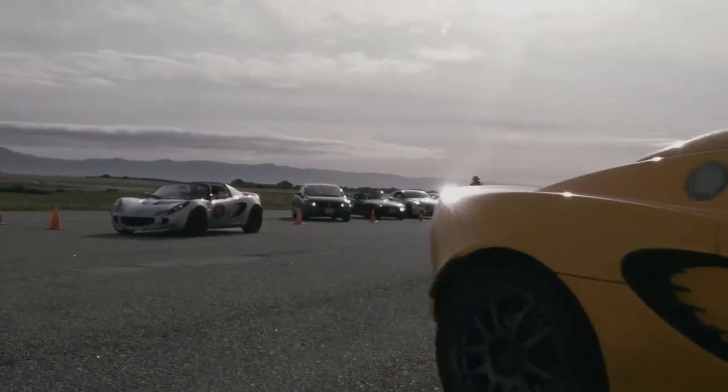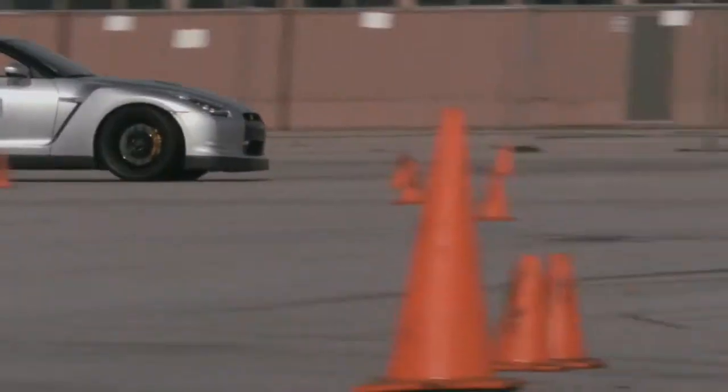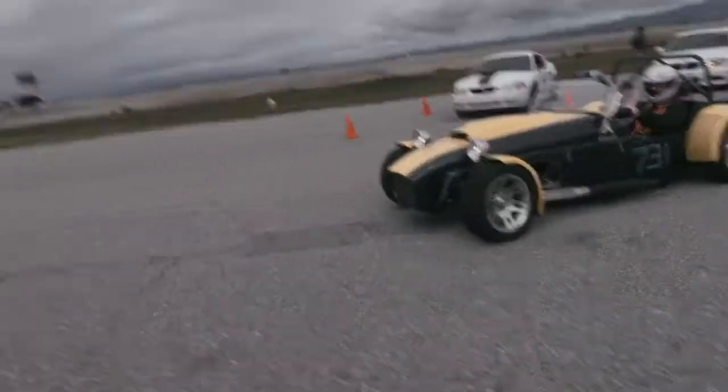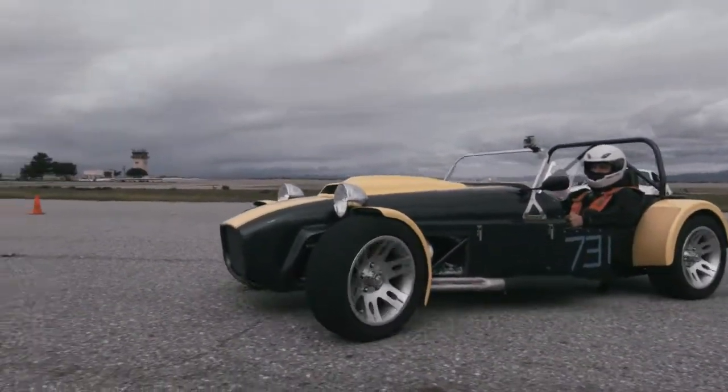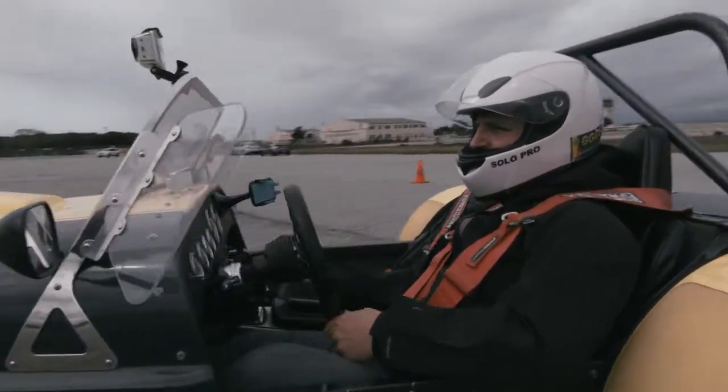It's 2014, and today we're going to be doing something a little different. We're going to be taking a closer look at some of the cars out there and where they make their speed on track. But first, number 731, a 7 clone known as a Brunton Stalker, is sporting a 260 horsepower